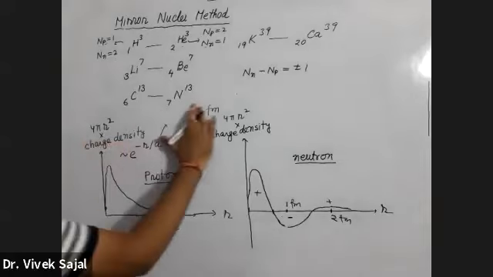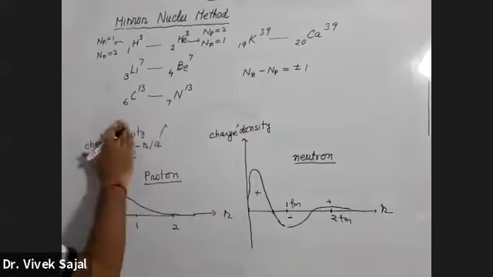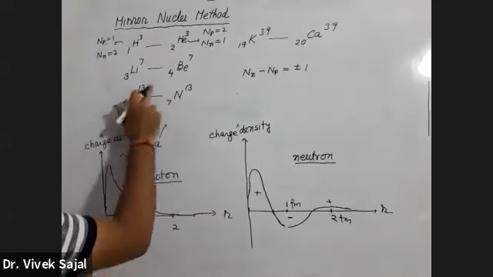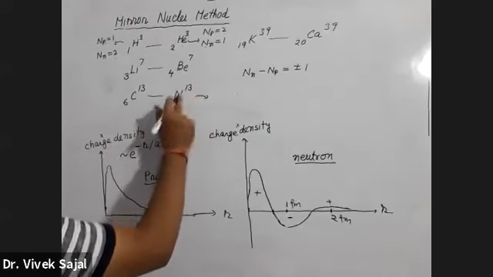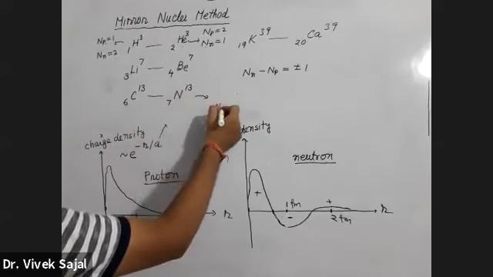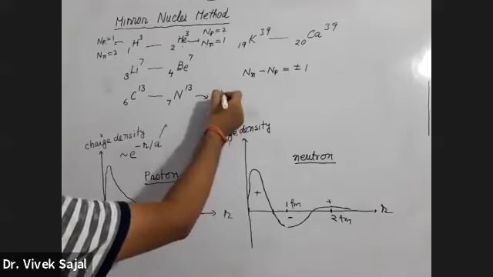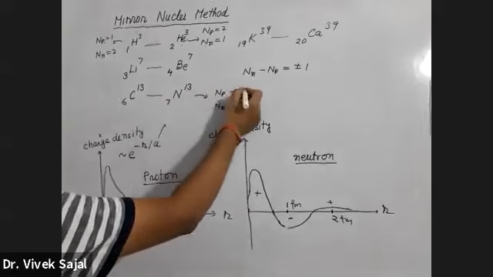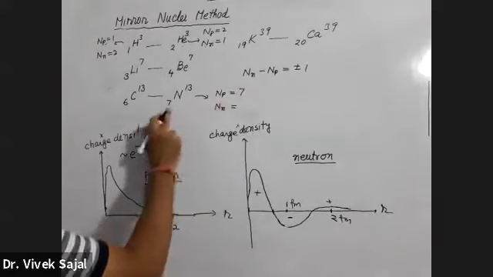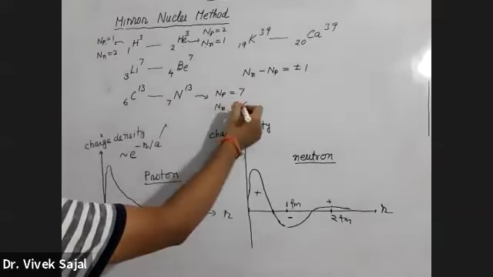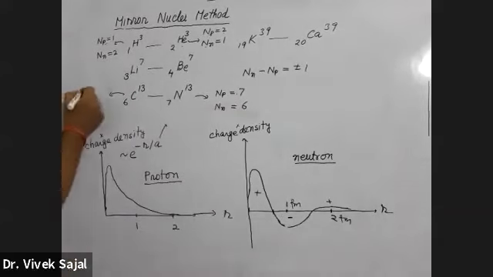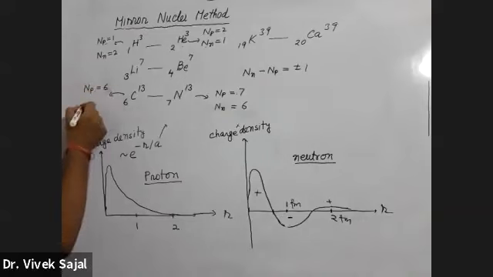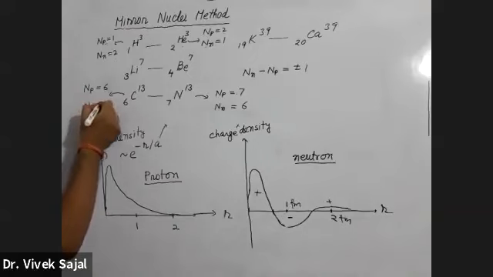नाउ दूसरा एग्जांपल लेते हैं बेटा. सपोज ये लिया हमने 6C13 and 7N13, they are mirror nuclei. So in this nuclei 7N13, number of न्यूट्रॉन एंड नंबर ऑफ प्रोटॉन कितने होंगे? नंबर ऑफ प्रोटॉन कितने होंगे बेटा? 7. और नंबर ऑफ न्यूट्रॉन कितने होंगे? 6. अगर आप 6C13 observe करो, then here number of proton will be 6 and number of neutron is 7.